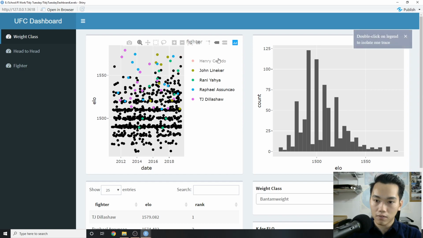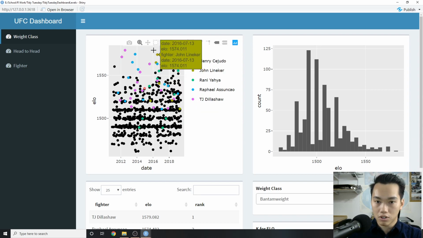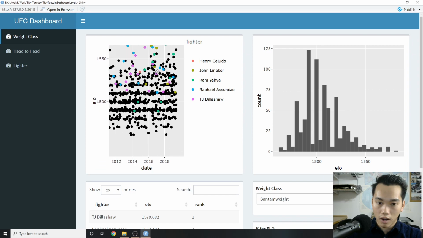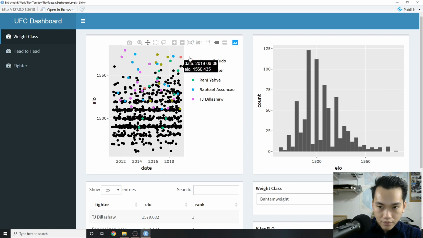You can also do some filtering, so we can filter where it's only Cejudo, only, I don't know, TJ Dillashaw. If I double click it, you can see there's a lot of interactivity. There are a lot of ways to work with the data interactively that the user can use. You can drag it around, and all this interactivity is very free. It's very easy to implement, and the amount of effort you put into adding this